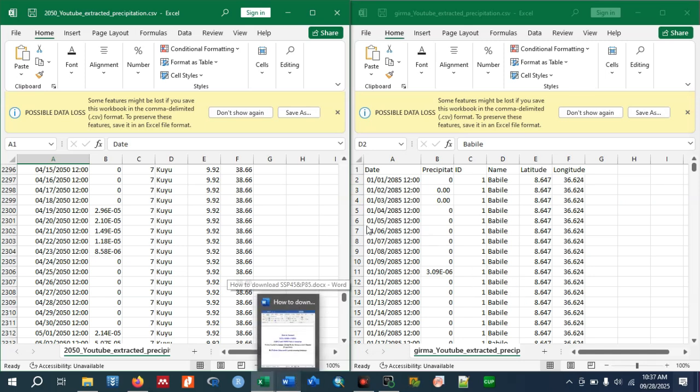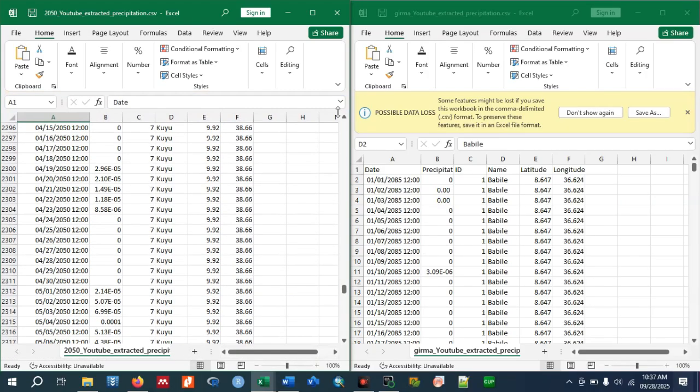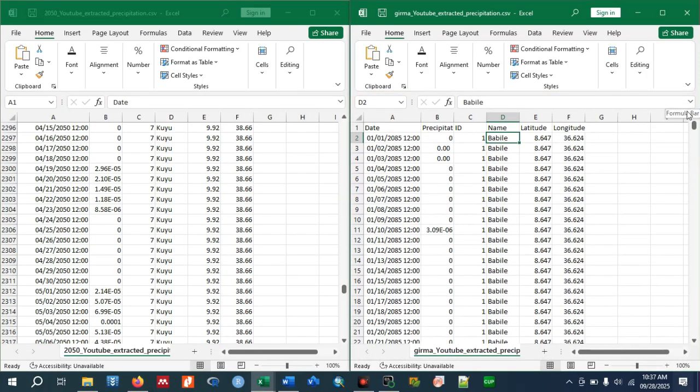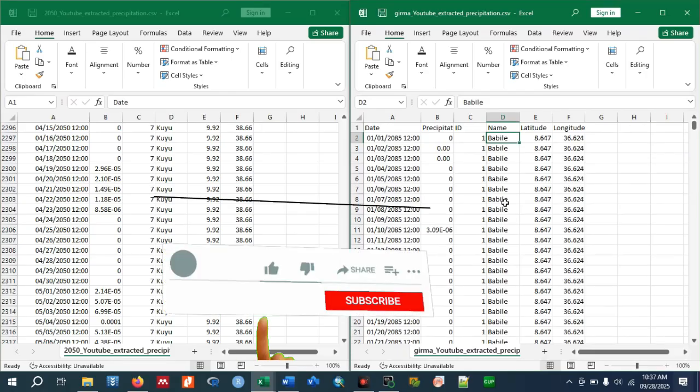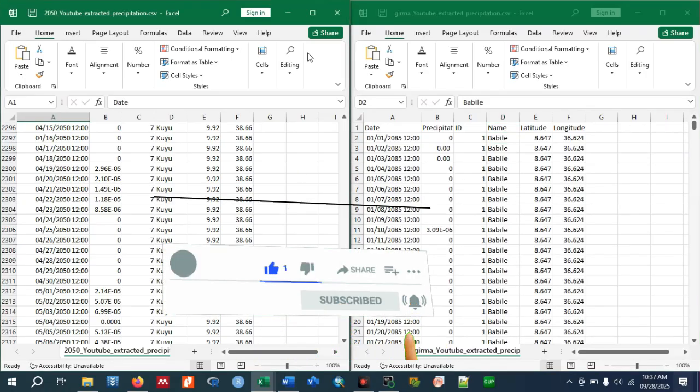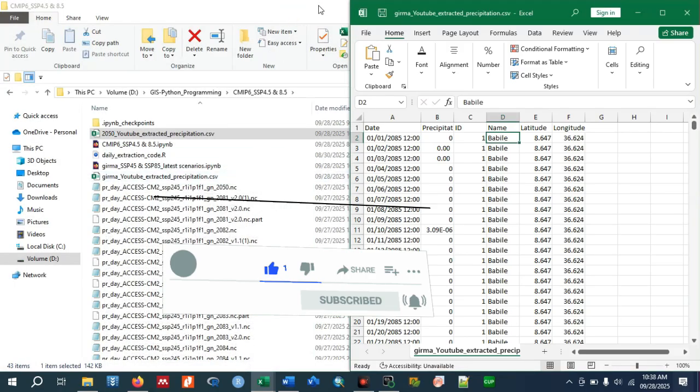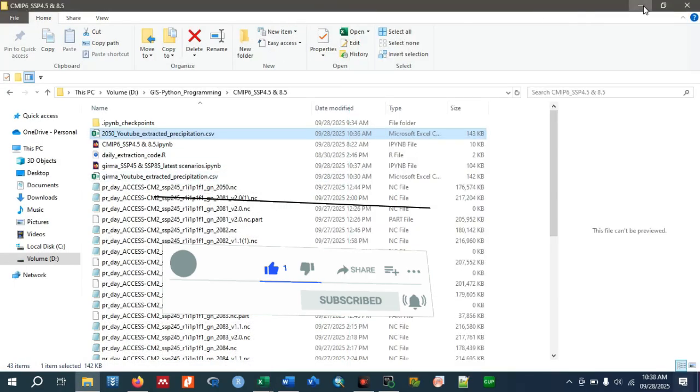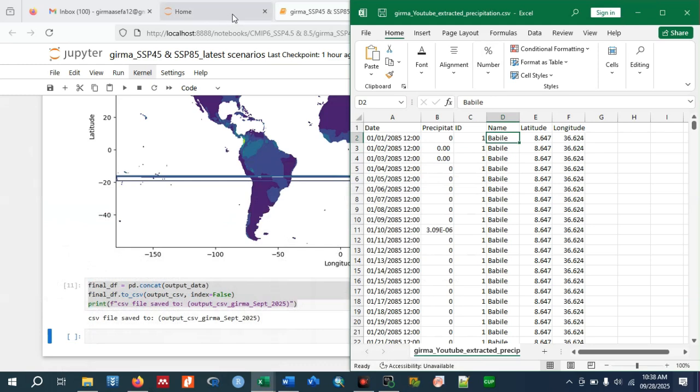So here is very important. You can take it into daily, monthly, and seasonal. So interpret according to your plan or your objective for analysis of the future climate projection. If you want to analyze the impact of climate change on cereal crops or on livestock,